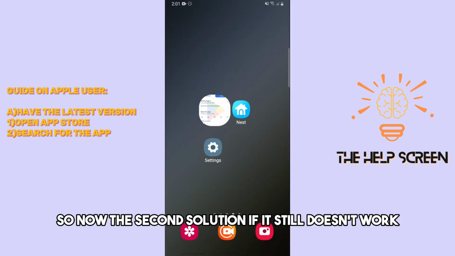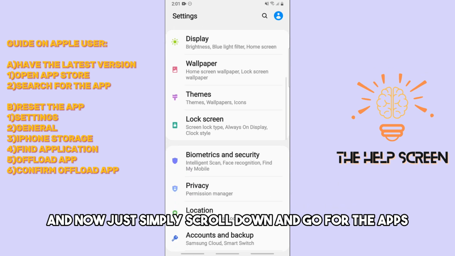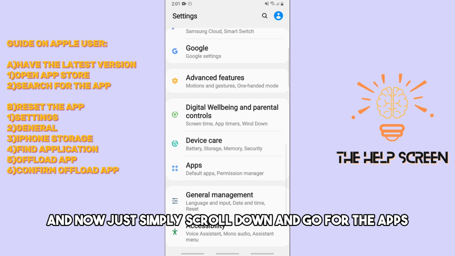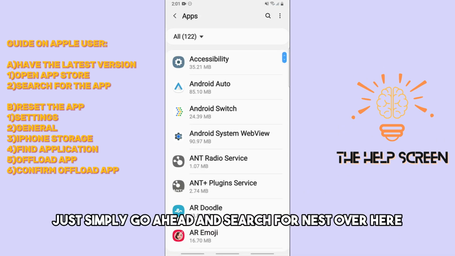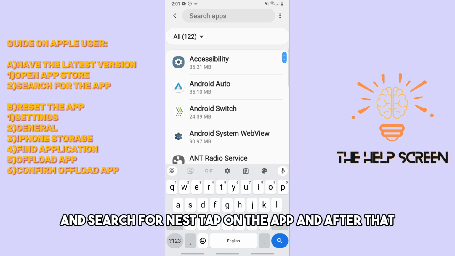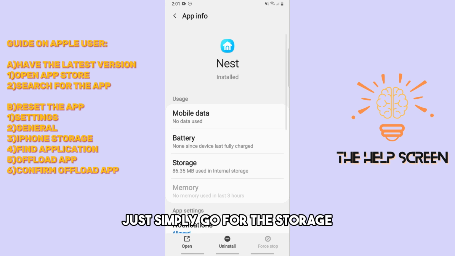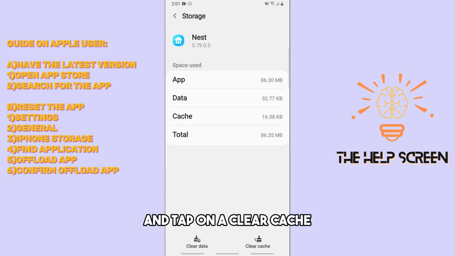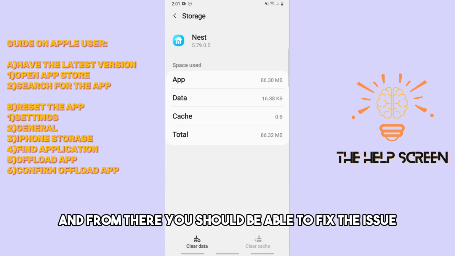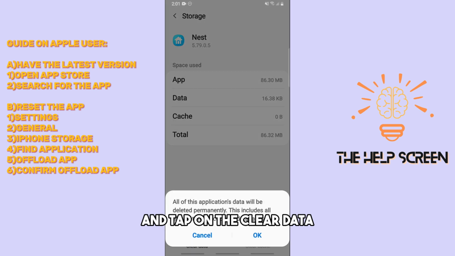So now the second solution, if it still doesn't work, just simply go to the settings and now just simply scroll down and go for the apps. And after that, just simply go ahead and search for Nest over here and tap on the search icon at the top and search for Nest, tap on the app, and after that, just simply go for the storage and tap on clear cache. And from there, you should be able to fix the issue. But if it still doesn't, just simply go back over here and tap on clear data and tap on